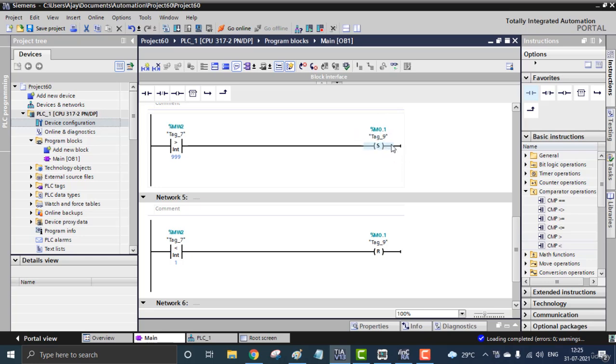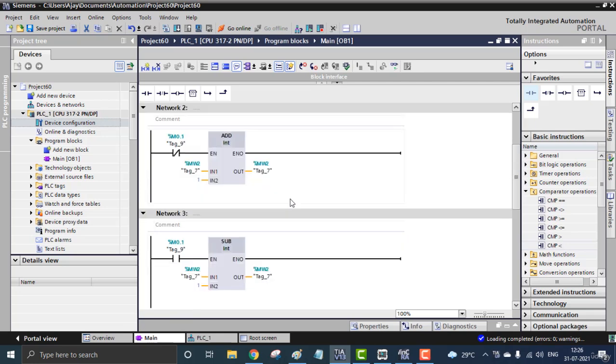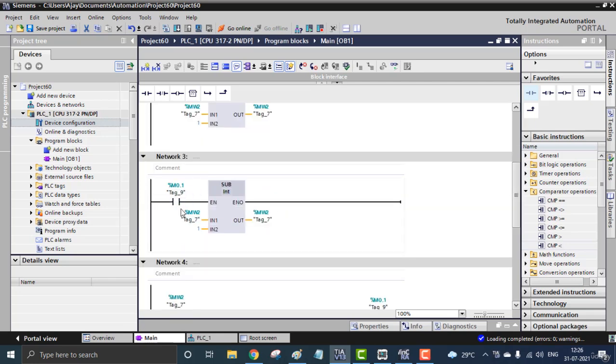That is a set coil, not the output coil. M01 will be set, that means it will latch, and that will deactivate the addition through the NC contact. M01 will be latched, so the addition will no longer be working. And there comes the subtraction. When it reaches 1000, M01 will be activated, and that will be subtracting one by one.